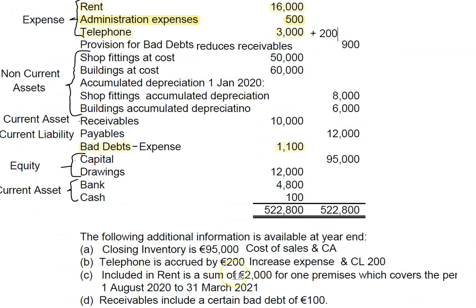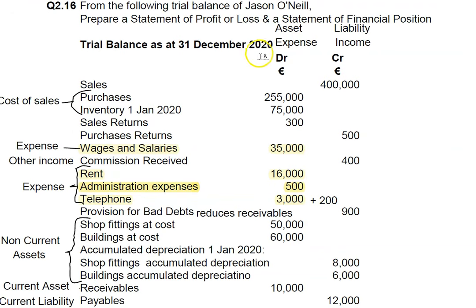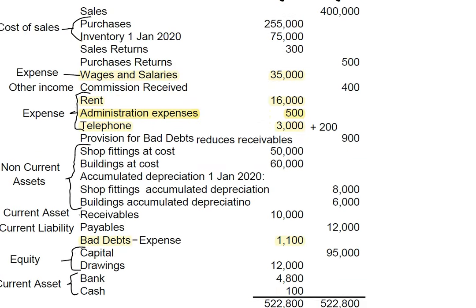Then the next thing is rent. So total rent paid for the year was 16,000, and it says of that 16,000, 2,000 was paid for premises covering from August this year to March next year, March 2021. And you remember the year end is December 2020. So anything paid for 2021